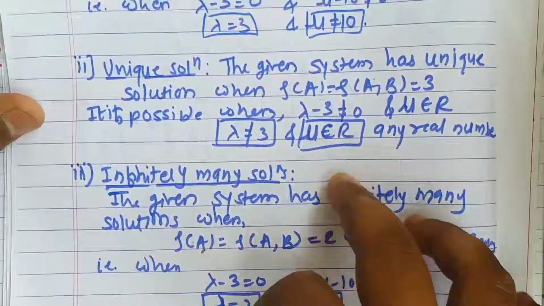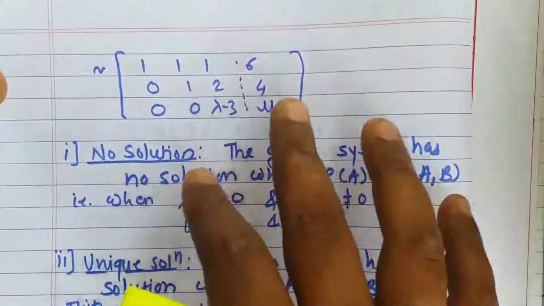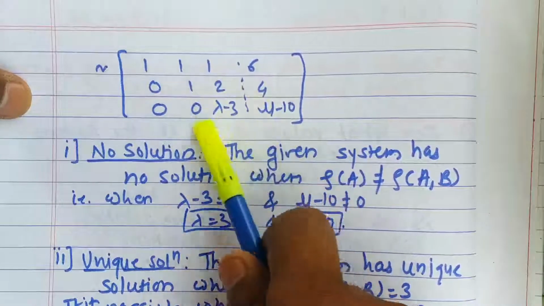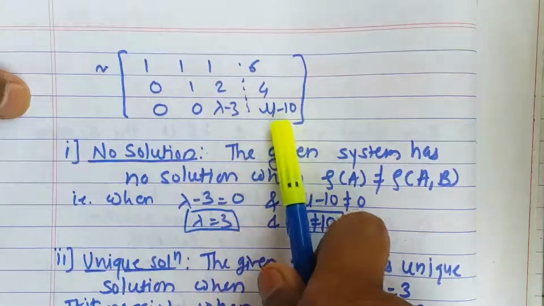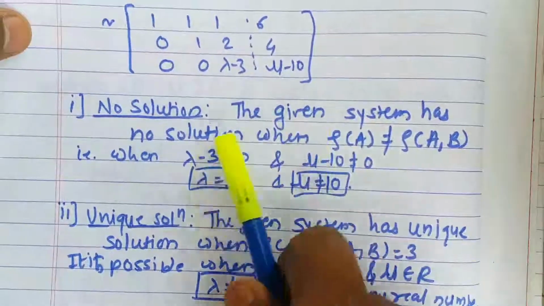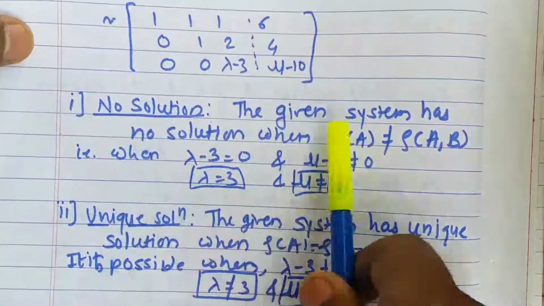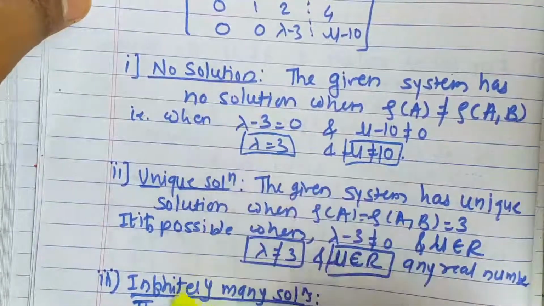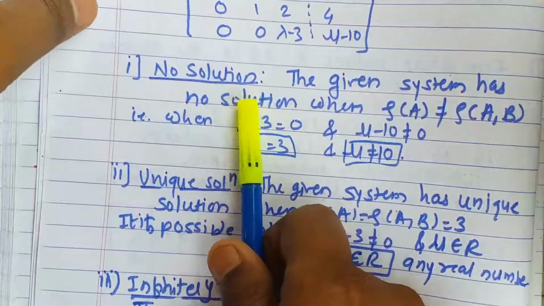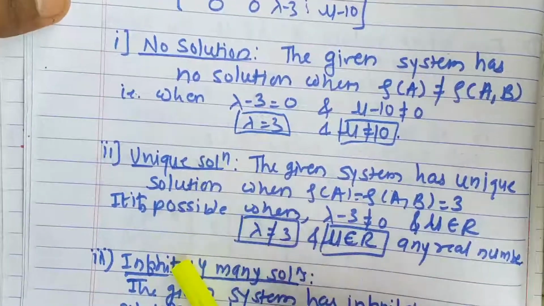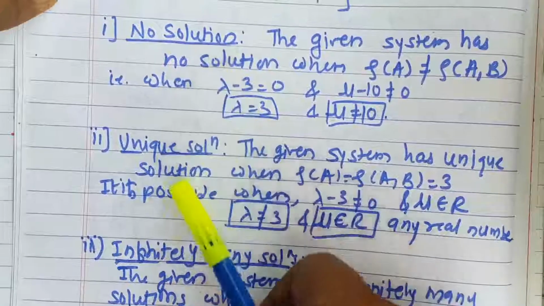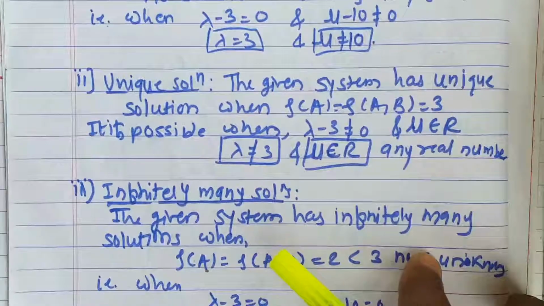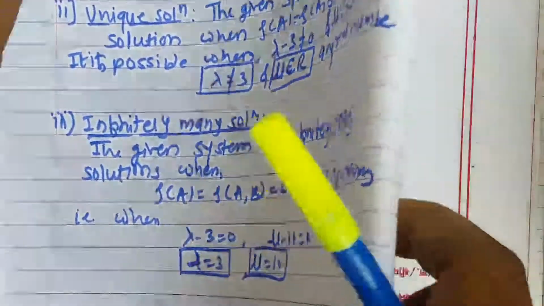The example is very easy. First write the system in matrix form, then consider the augmented matrix and reduce it to echelon form. We'll get some expressions in terms of the arbitrary constants, and by equating them to 0 or not equal to 0, we can determine the various conditions for no solution, unique solution, and so on. Only these 3 cases are possible. Either the system will be inconsistent, meaning no solution, or consistent, meaning a unique solution or infinitely many solutions. In an example, you will have any one of them. Now one more example of this type we will do, and some examples I will leave for practice.